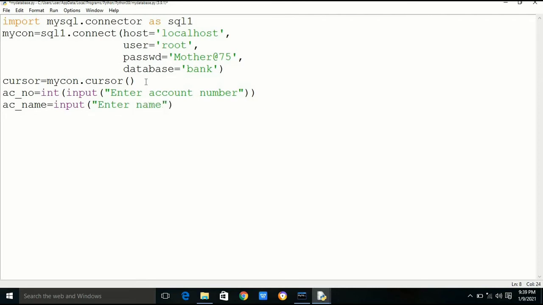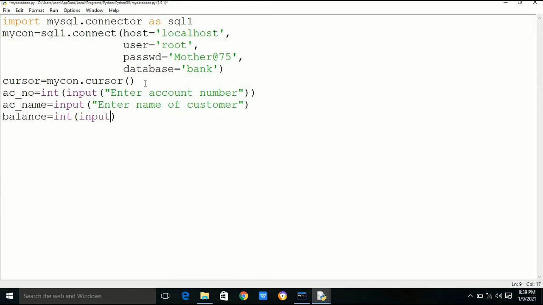Here we have to write input, enter name of the customer, and for balance it is of integer type. Balance is equal to int input, enter balance. The values given by the user will be stored in account number, account name and balance, and these values we can use in parameterized query.